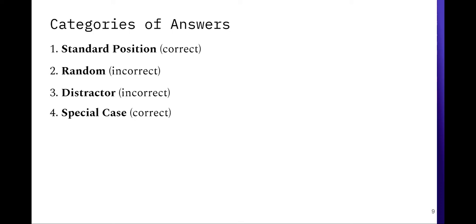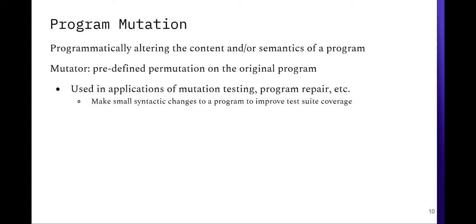We can accomplish this goal in Edgeworth by making use of program mutation techniques. Program mutation refers to the technique of programmatically altering the content of a program. These alterations are typically made using what are called mutators, which are predefined permutations that can be made on the original program and often vary between use cases and languages. Program mutation is often encountered in mutation testing and program repair. These applications use program mutation to make syntactic changes to a source program to improve test suite coverage and uncover